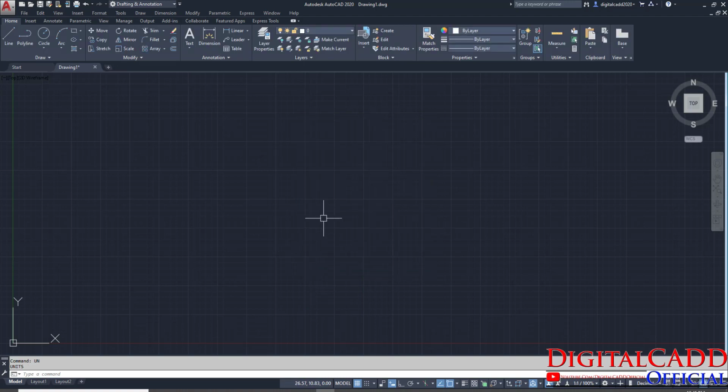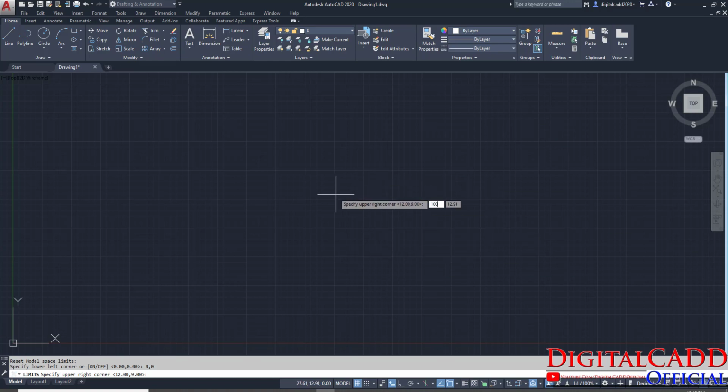Now we must set our drawing limits. Shortcut is LIM enter, and it is asking to specify the lower left corner. It means it is asking about the origin for X as well as for Y. So here we should enter 0 tab 0 enter for origin, and then how much area we need for our drawings.